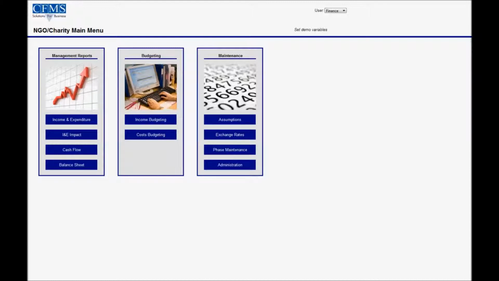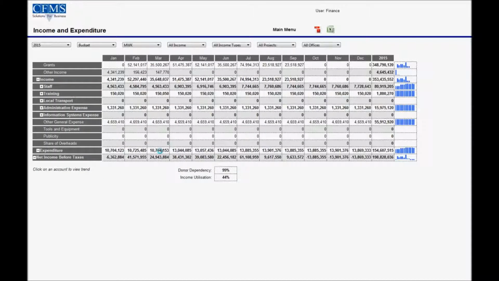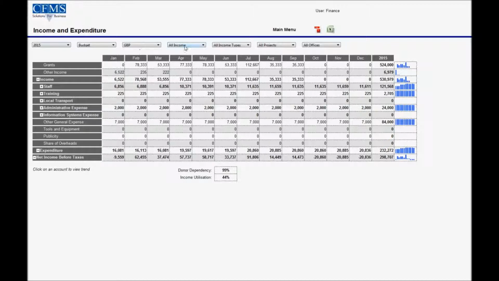Last of all, we have our financial statements. Now, these bring together all of the data we've put in so far and automatically generate those reports month after month. Starting with our I&E, we can see all of the income and expenditure of the budget for the overall organisation, or we can slice this to show different years to view the longer term, any version, and that includes the individual budget phases, different currencies, so let's flip it back to pounds for the time being, income sources, right down to individual grants,